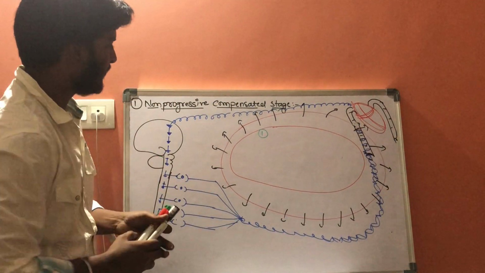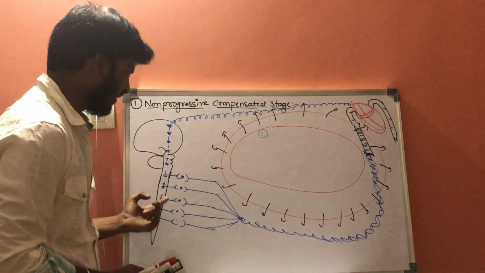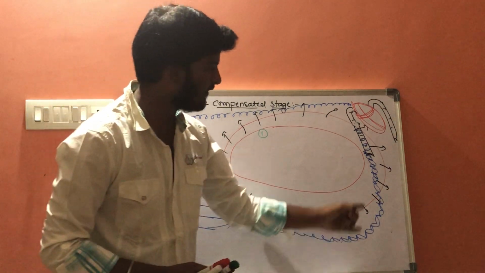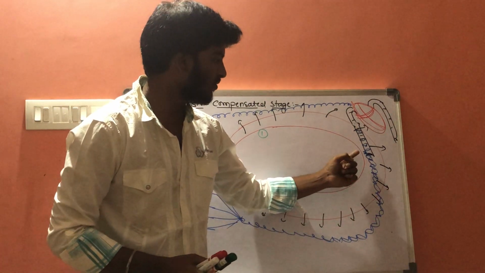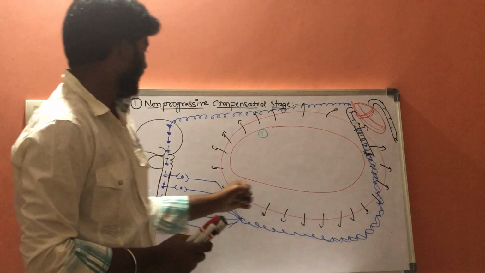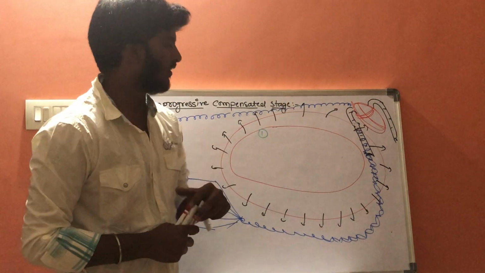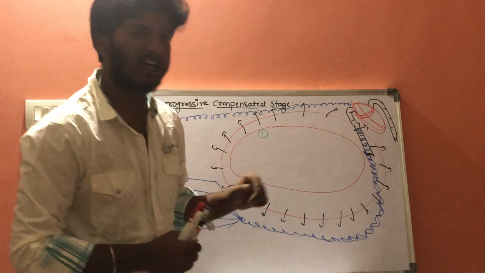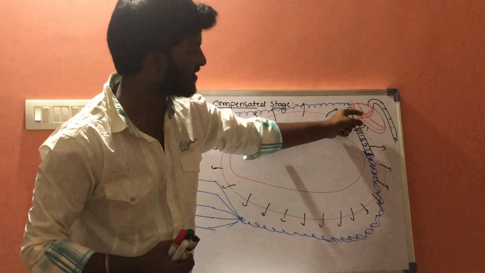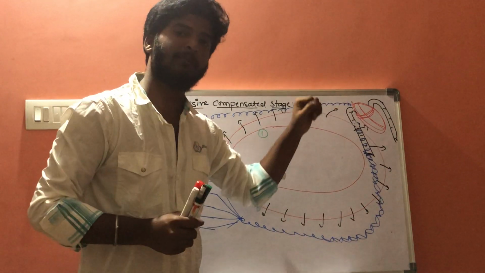Whenever these postganglionic neurons of the sympathetic outflow are activated, they will activate the venules, resulting in contraction of the venules. So it acts as a venoconstrictor. Whenever the veins are constricted, the flow of blood from them will be increased, so venous return will be increased. Whenever the venous return is increased, the flow of blood to the heart will be increased.